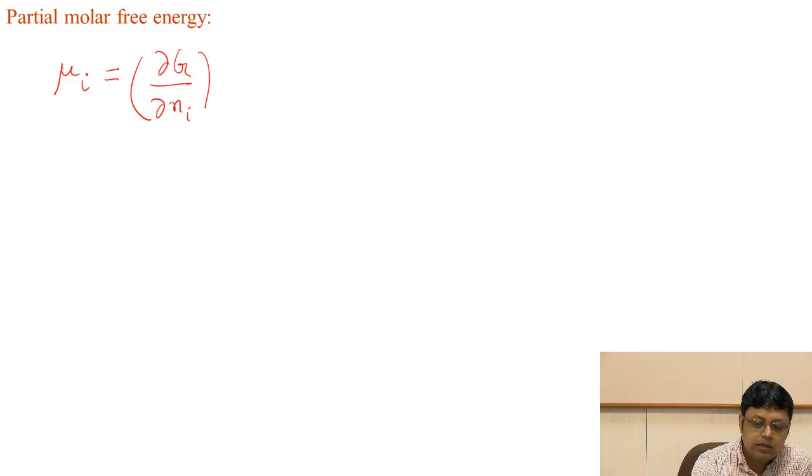So in a similar way, just like we defined the partial molar volume, we can say that this quantity will be nothing but the change in the Gibbs free energy per unit mole of addition of the component I when all other components are kept fixed. So J not equal to I. So we already know this equation, G is mu A,